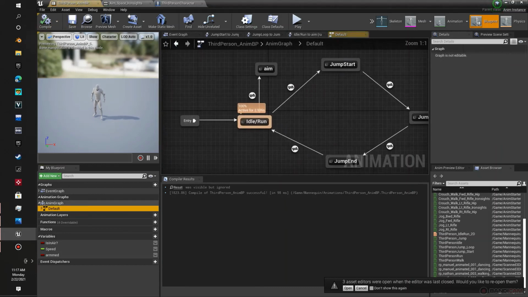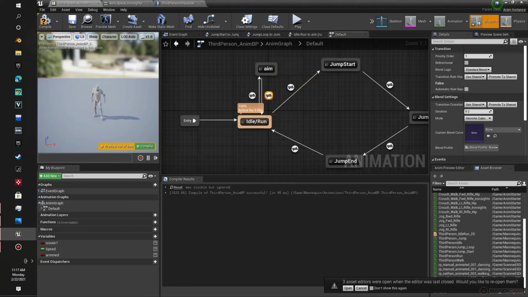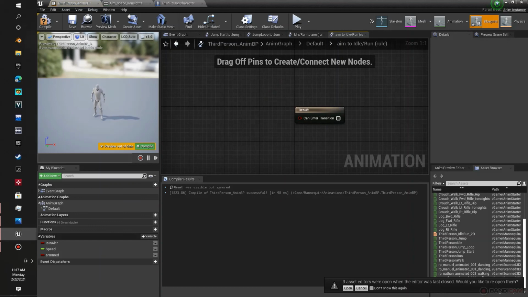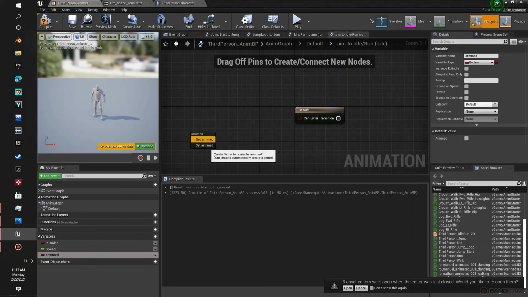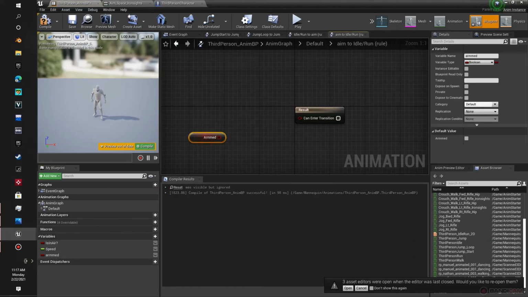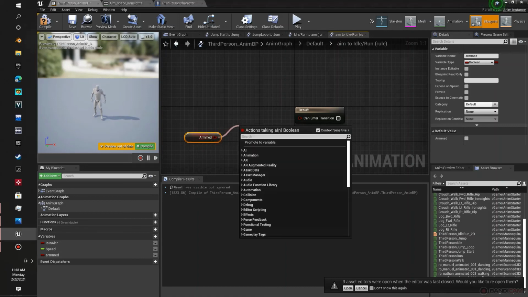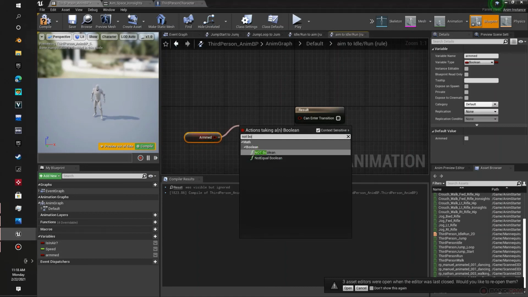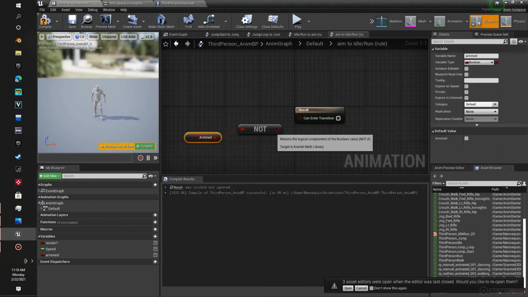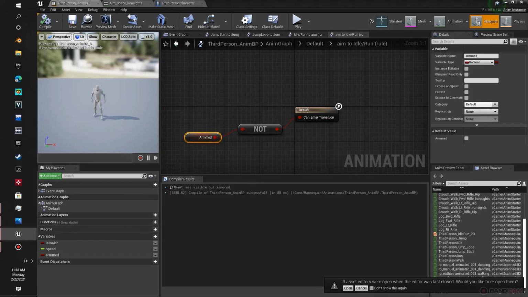I'll save, go back to default, and run a line down back to idle run. And this time what you're going to add is get armed, and then you're going to get a not bool, not boolean, whatever you want to call it. Compile, save, and then